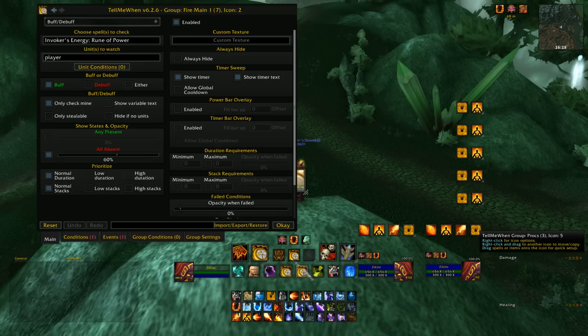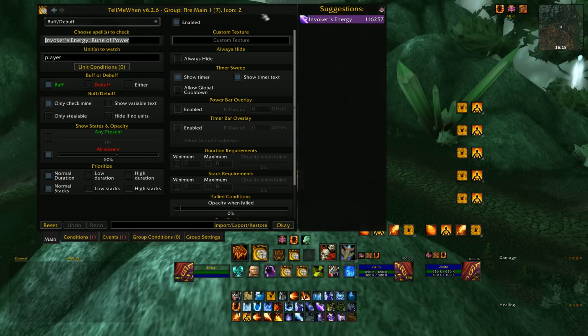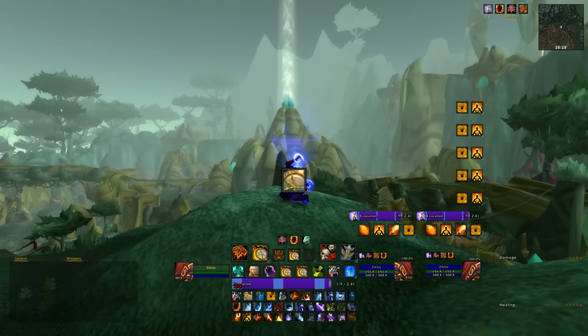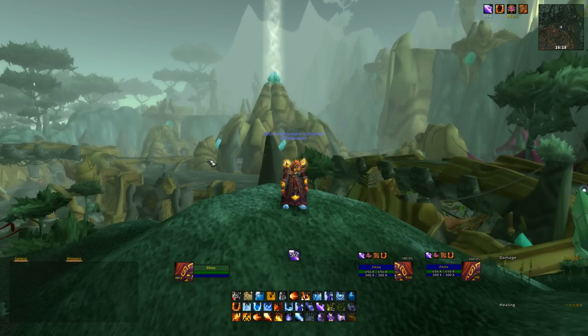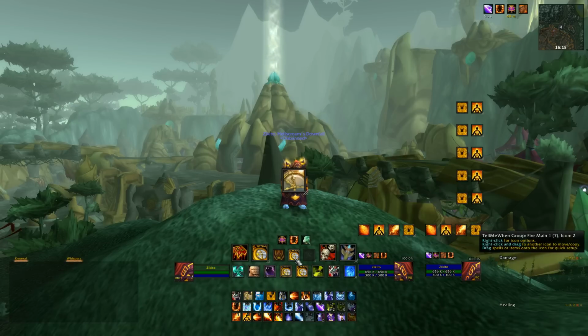In the middle, I have 2 icons together. One of them is the Invoker's Energy, the buff I get from casting Invocation, or Evocation even. It's gonna show up right here. If I take off the buff, you will be able to see it. Bam, it's right here. The other icon you see on top of that is